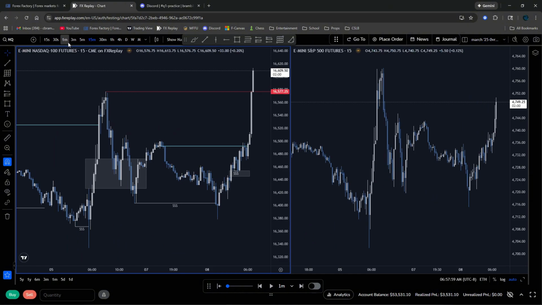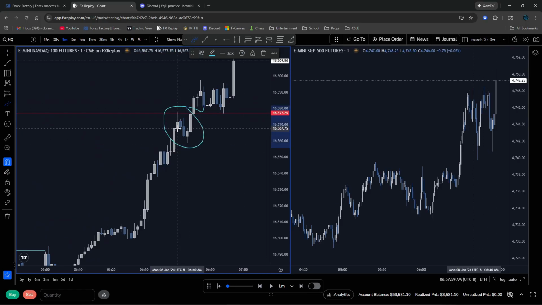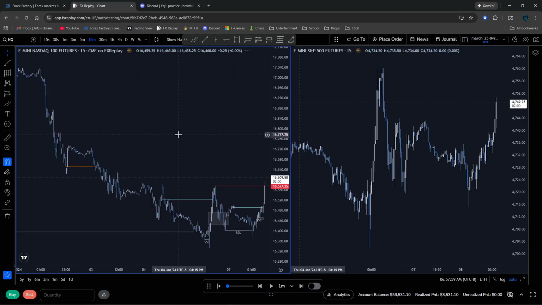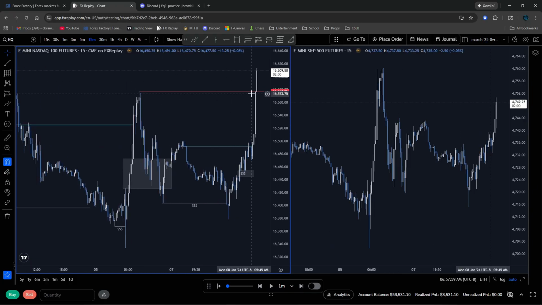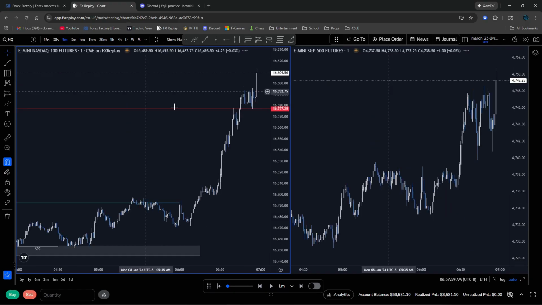I really didn't like how there was no wick there. Ultimately, again, the order flow and this candle formation is what I love to see, but dang, I guess I could have just had more confidence with that. If it were a short trade, obviously I probably would have taken that because I have so much more confidence in shorts. But because it's long, I don't know, I just didn't have the same confidence in it. But yeah, there it is.